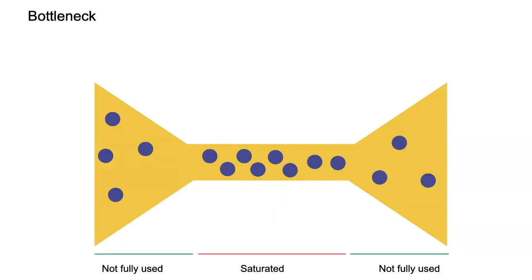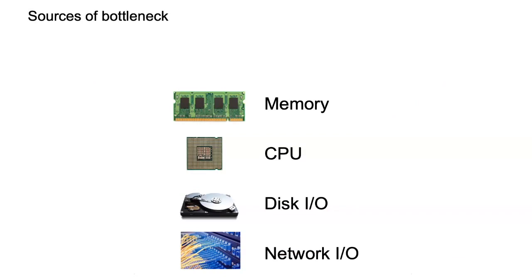There is somewhere something that is eating up all that time, preventing the system from being fast. So bottleneck looks like this. It means that some part of your system might not be fully used, but there is a part of the system that's completely overloaded, right? That is actually preventing the performance. Now, very roughly speaking, and on a high level, there are really only 4 ways you can have a bottleneck, fundamentally. Maybe there are others, or there will be others, but these are the top 4 that you need to think about.